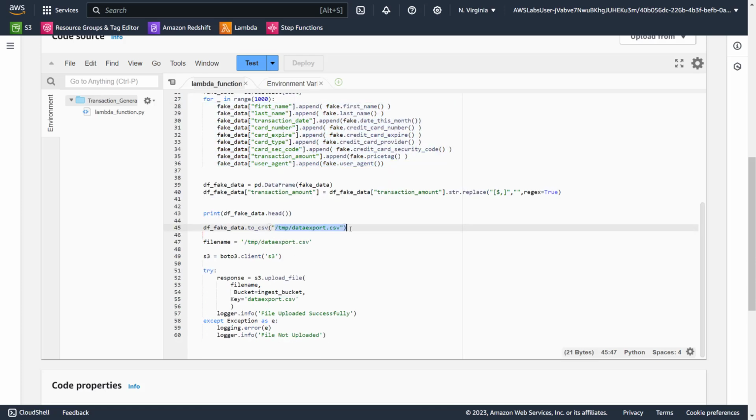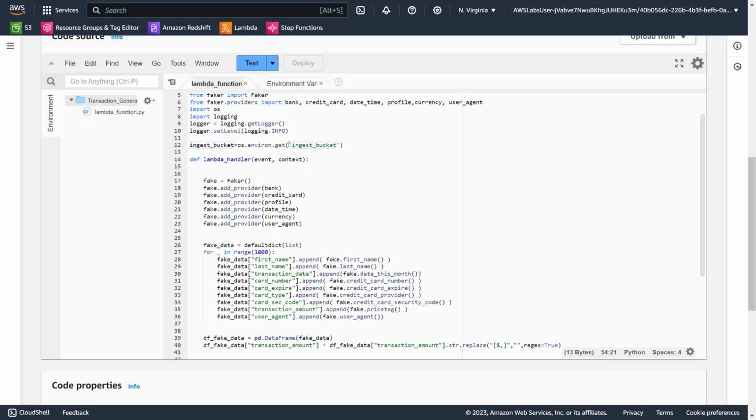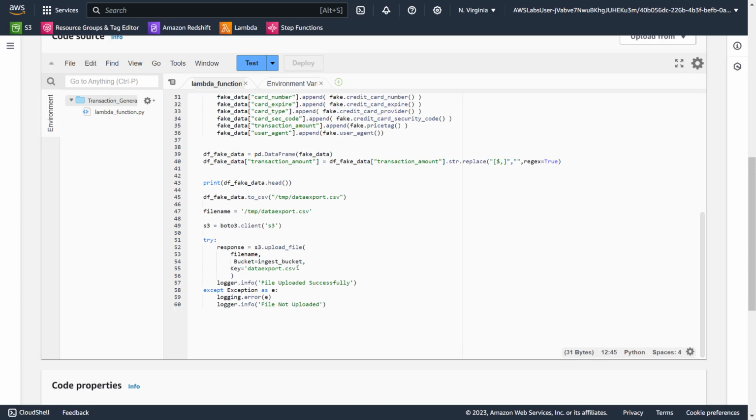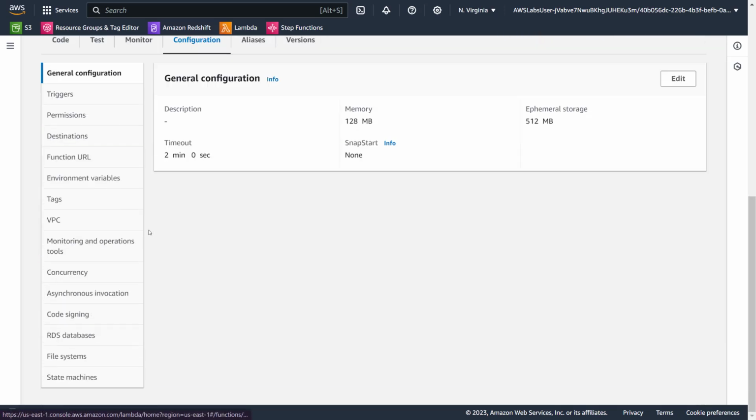Then they are writing it to the temp directory on Lambda, and then they will be uploading that file to our S3 bucket, and the bucket name is parameterized. I think it is somewhere here, and they created it as an environment variable. And then the file name is going to be data_export.csv. And if we go and check the environment variables,